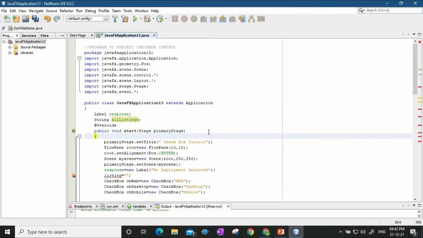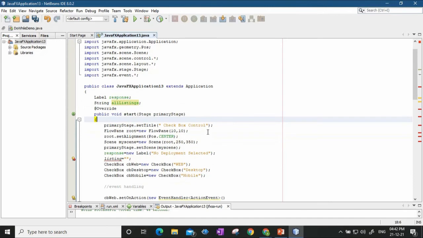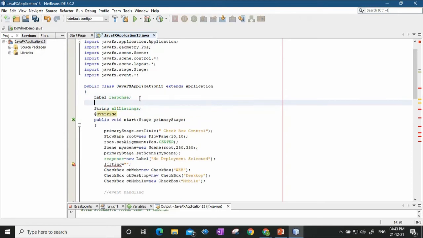Then I will set this. I'll also create a string here.